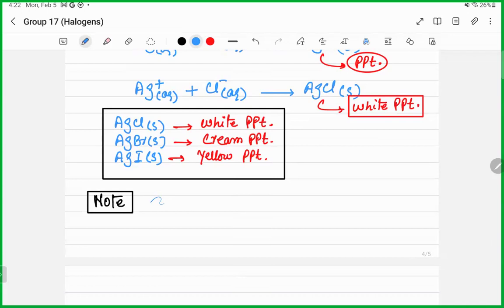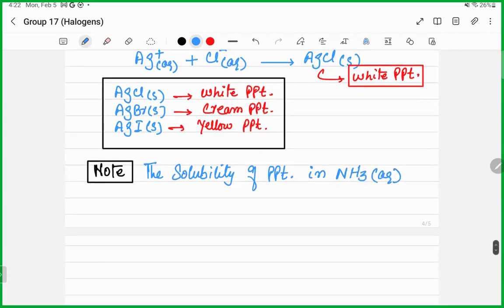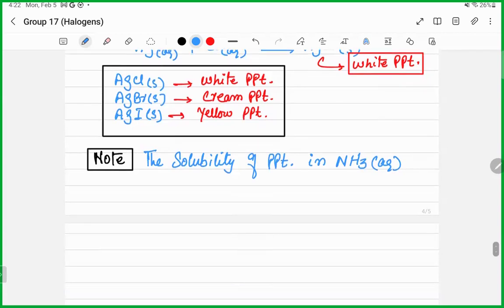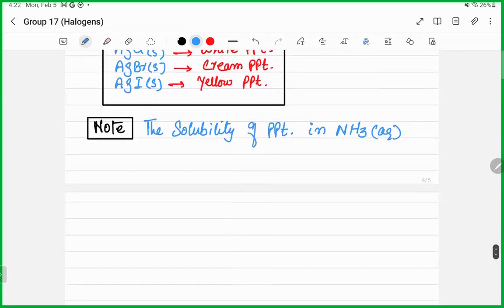So PPT, the solubility of precipitate in NH3. ठीक है, aqueous ammonia इन precipitate में dissolve किया जाता है तो उनकी precipitate जो है वो change हो जाती है. क्लियर? और उसी बात को हम यहाँ लिख रहे हैं इस जगह पर, this gap. So if you have a chloride ion which is Cl negative, it's a white PPT,